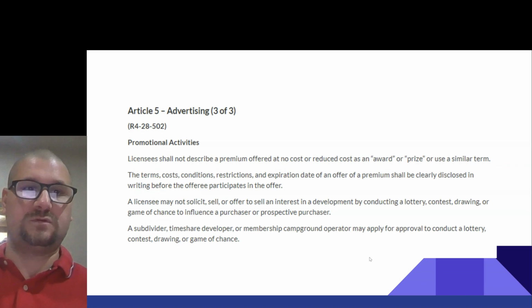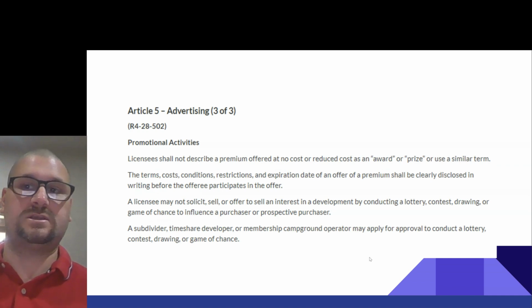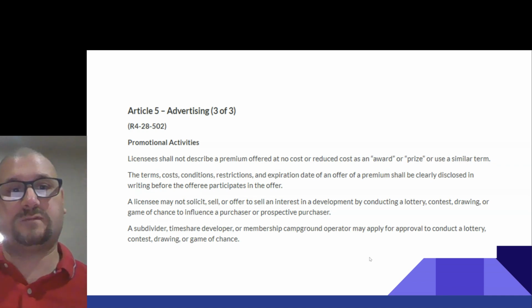Promotional activities, Rule 4, under Article 5 of the Commissioner's Rules: licensees shall not describe a premium offered at no cost or reduced cost as an award or prize, or use a similar term. The terms, cost, conditions, restrictions, and expiration date of an offer of a premium shall be clearly disclosed in writing before the offeree participates in the offer.